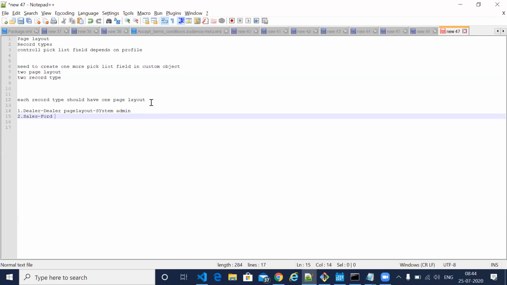This profile will also be system admin. So that table should be in this form, like I showed on the page layout assignment table. For the system administrator profile, the page layout should be this one and the record type should be this one. Like this, if you assign two different things, then you will be able to see two different record types whenever you are creating a new record.